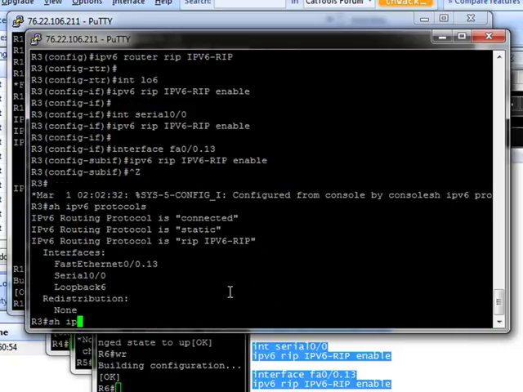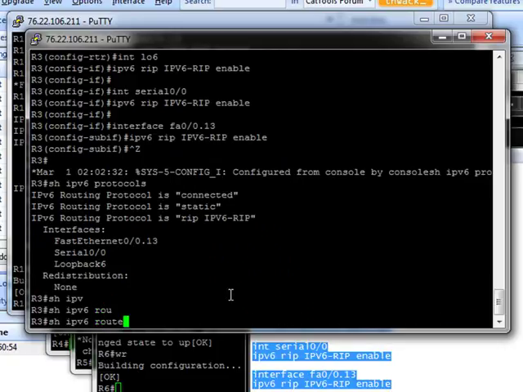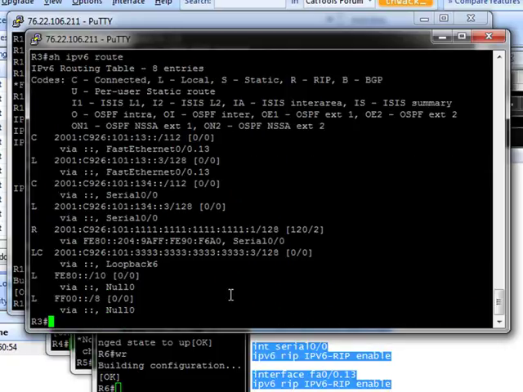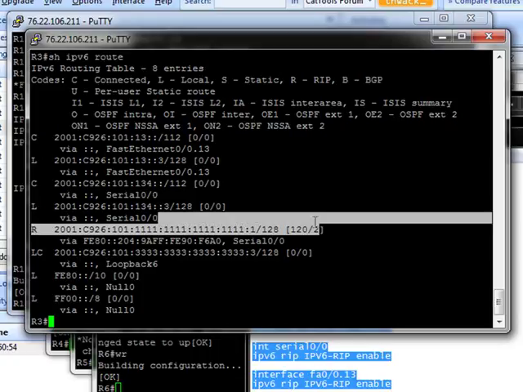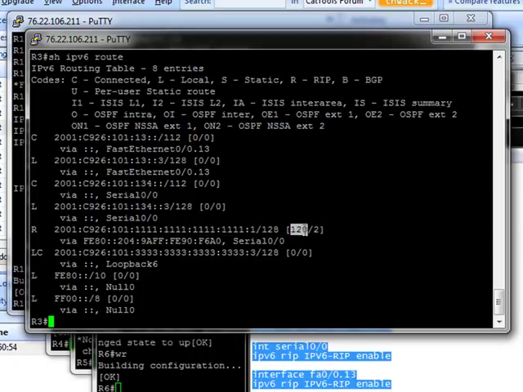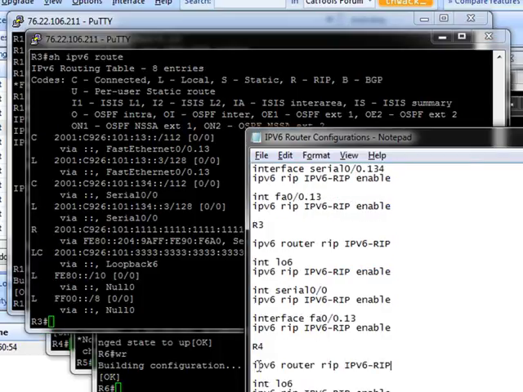You might even be able to say show IP version 6 route to see if any of the RIP routes are being propagated. And notice right here, this is the loopback 6 interface on router 1. Notice the same administrative distance, and we know it's 2 hops away, so all the rest of the mechanics are the same. So now let's go back and do